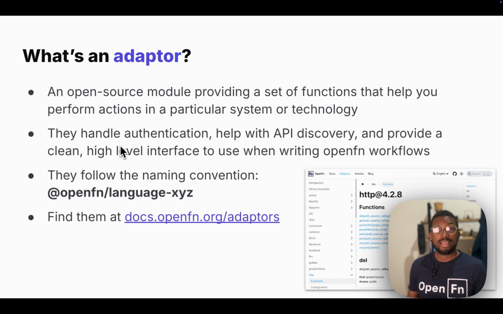So an adapter is an open source JavaScript module that provides a set of helper functions that helps you perform different actions to that targeted system. The primary goal is to handle authentication for you and help you with a clean and simple high-level JavaScript interface